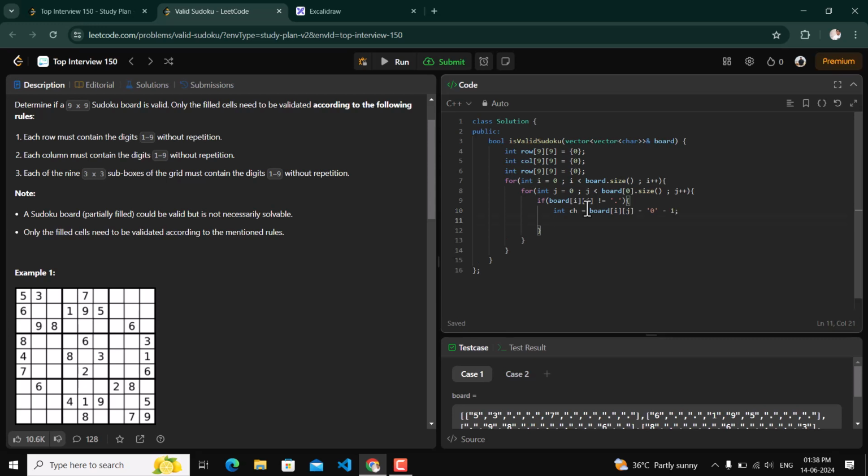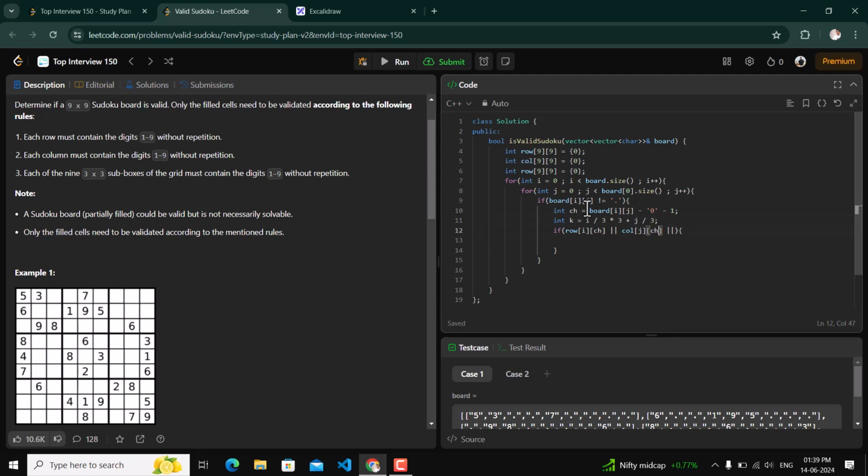Okay, now we will check if row of i comma ch or column of j comma ch or, for k value, we will keep the formula i divide by 3 multiply by 3 plus j divide by 3.